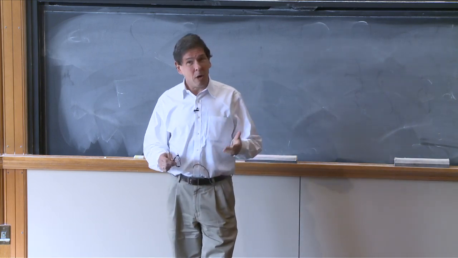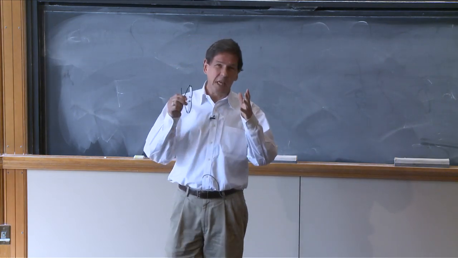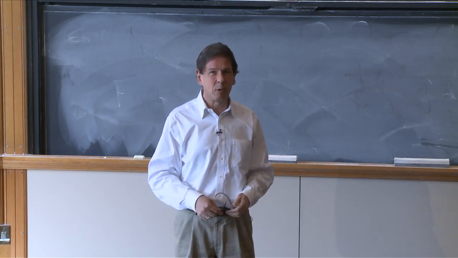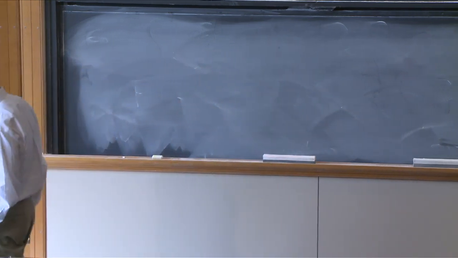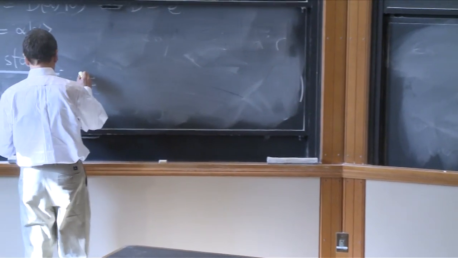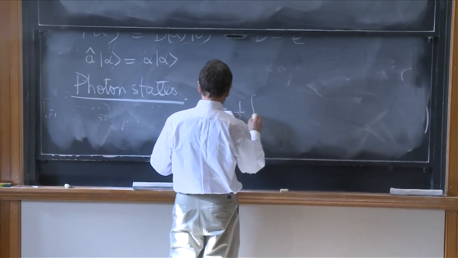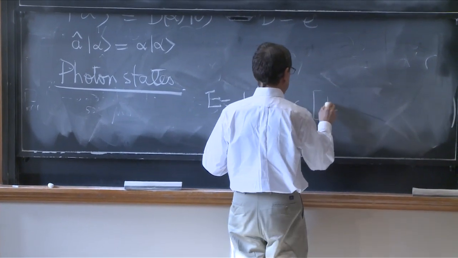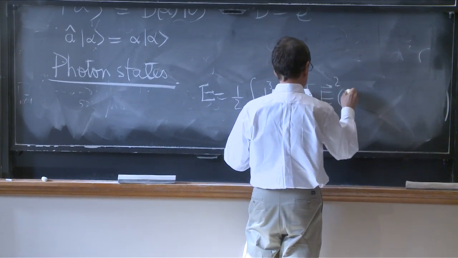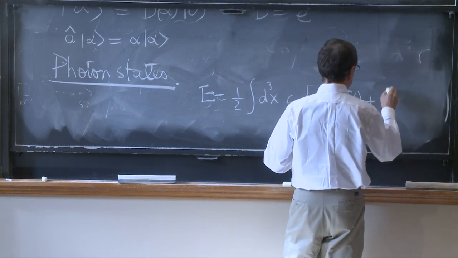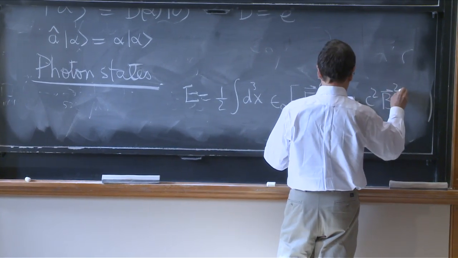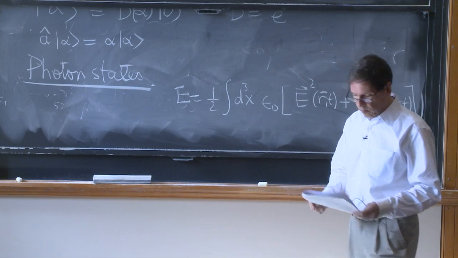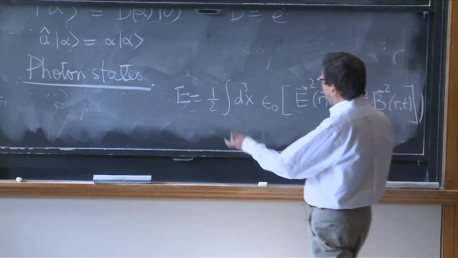So the energy, as you know, in an electromagnetic field goes like epsilon times E squared and B squared. And you add the two of them. So here we go. Let me write a precise formula. The energy is equal to 1/2 the integral over volume, epsilon 0, the electric field squared, plus c squared times the magnetic field squared. So this is our energy.